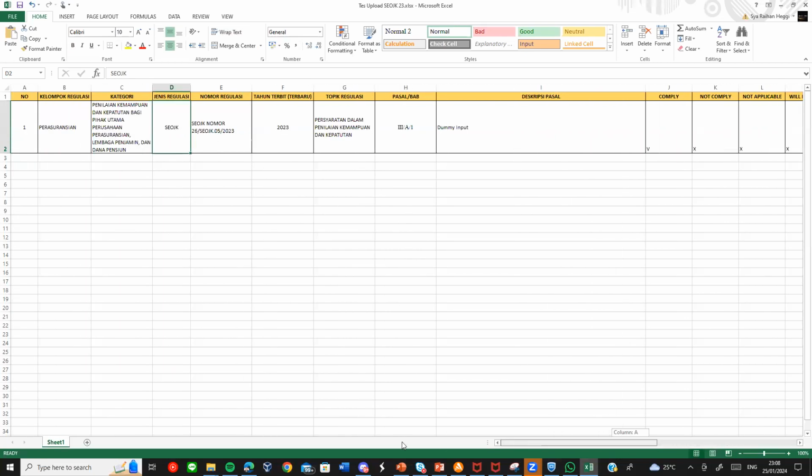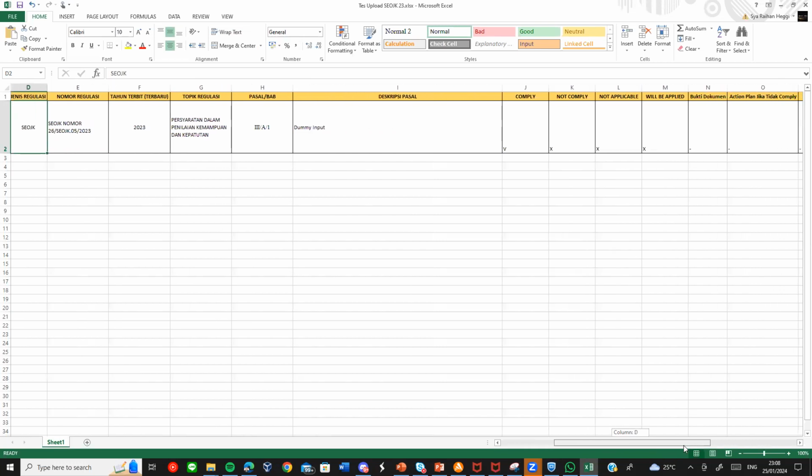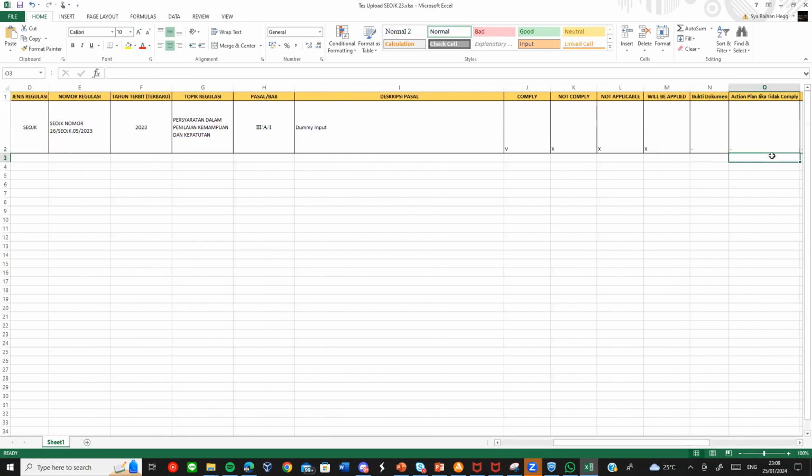Please, for the Excel input, we need to fill out all the available format, because if we leave this row empty, untouched or unvalued, the system will not read this data and will return an error message.